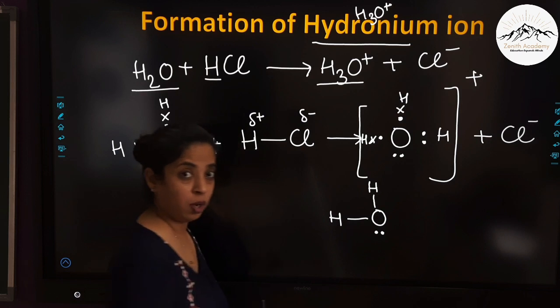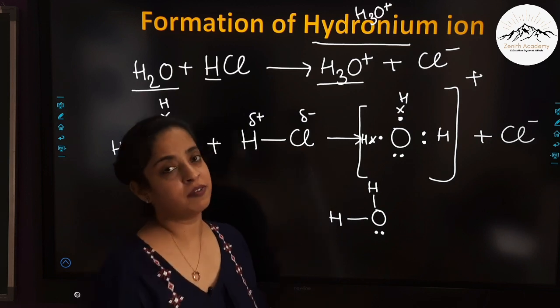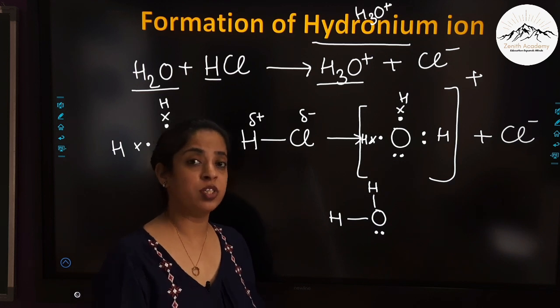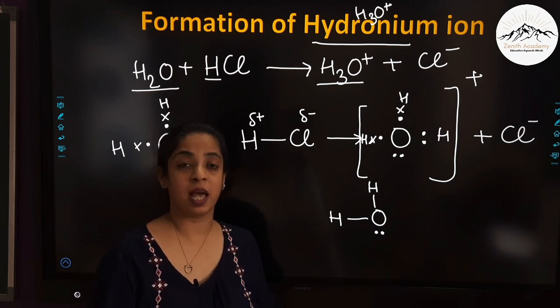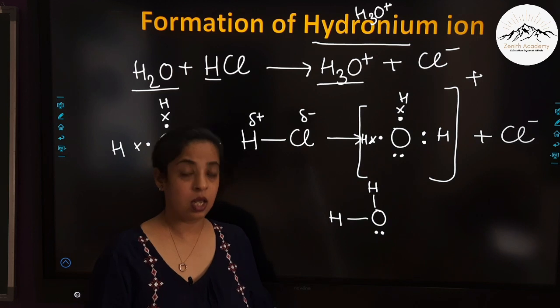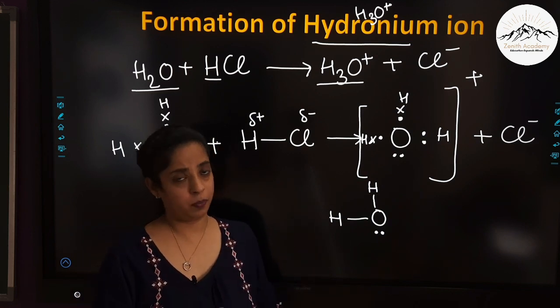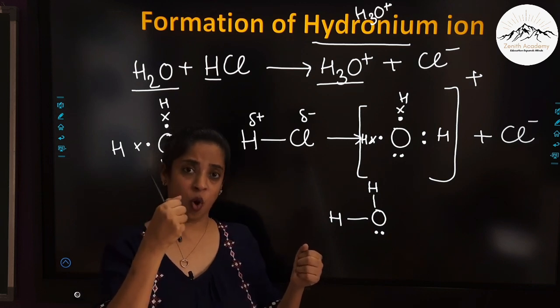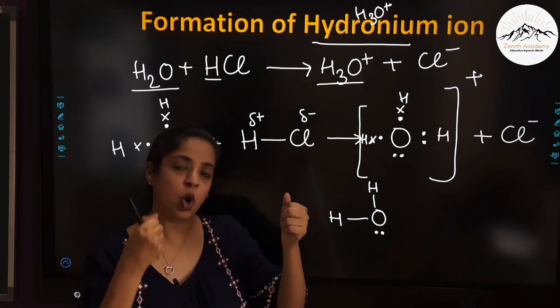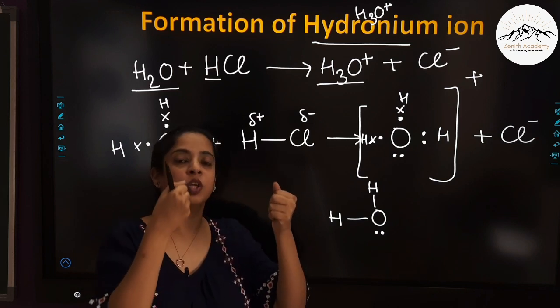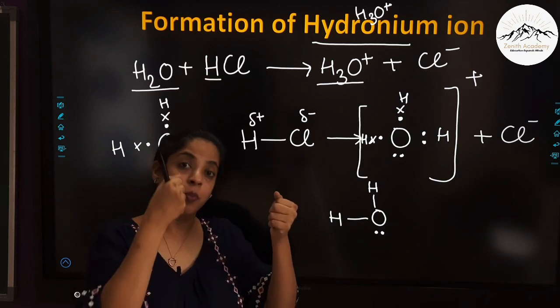In my previous videos, if you have seen my previous video on coordinate bonds, you must have seen that I have given an example of two students in a class. One is academically very strong and one is not. So this academically strong student shares his knowledge with this student. So now the knowledge is with both of the students, but who was the donor?